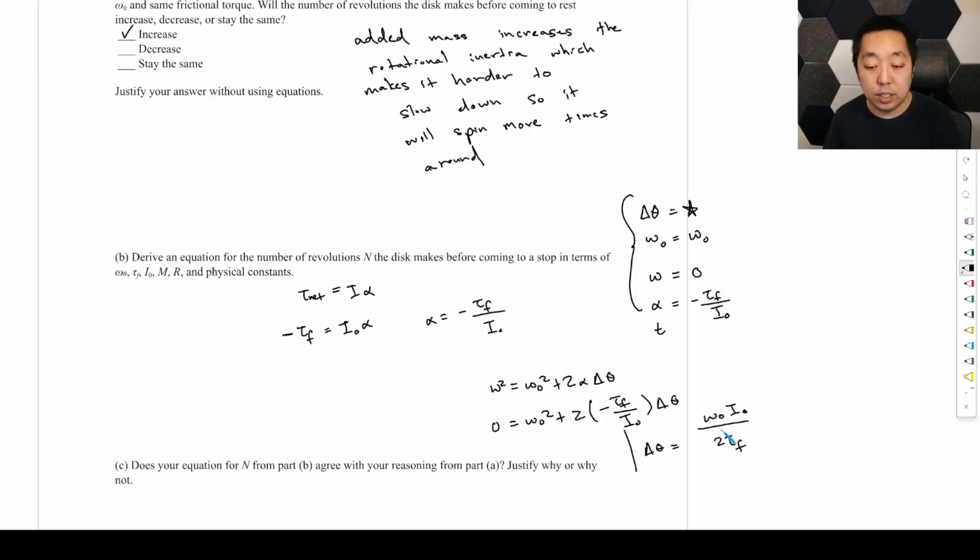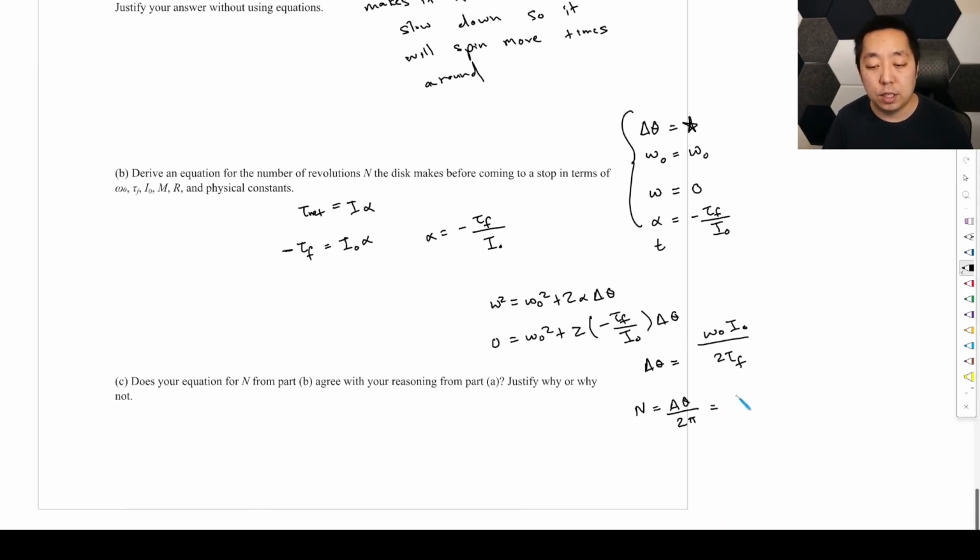Now, this is in radians, so we have to convert it to number of revolutions. Number of revolutions is the angular displacement divided by 2 pi radians. Why? Because every 2 pi radians is 1 revolution. So then this is going to be omega naught squared I0 over 4 pi tau f. So that will be the number